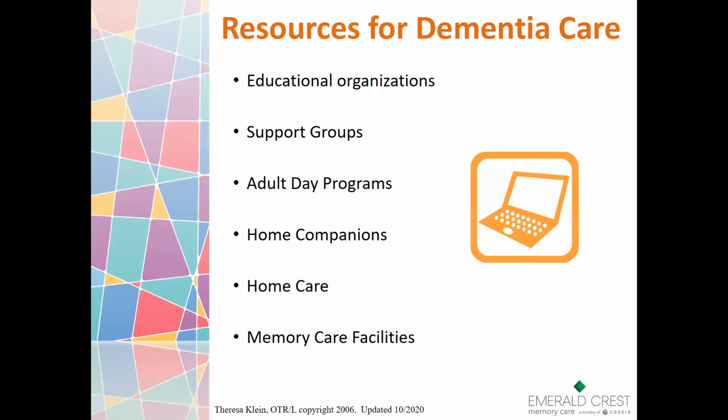Home care can come in to do evaluations of your home if your goal is to keep that person living with you and thriving in their own home for as long as possible. Resources there. And then certainly memory care facilities. If you're planning for the future, many memory care facilities are open for tours and providing that information and resource, even if you're not looking for it in the immediate. It's still nice to kind of get your feet wet and learn